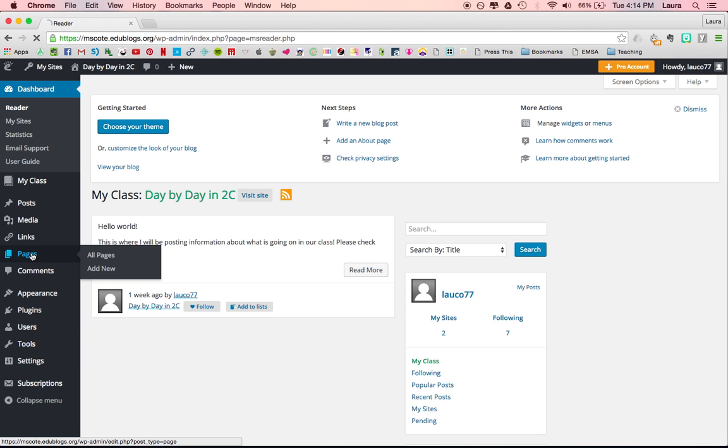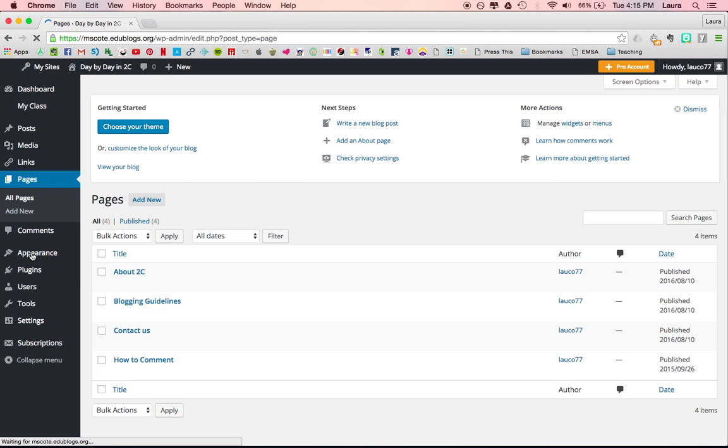So if you click on pages, when you start, all you will have on here is your main home, which is one of them, and what they call sample page. Now the first thing I did, you'll see that I have more on here, but the first thing I did is changed sample page to my About 2C page. So to do that, it was really quite simple. You won't see the rest of these on here when you start. So you would click on here, go to edit,